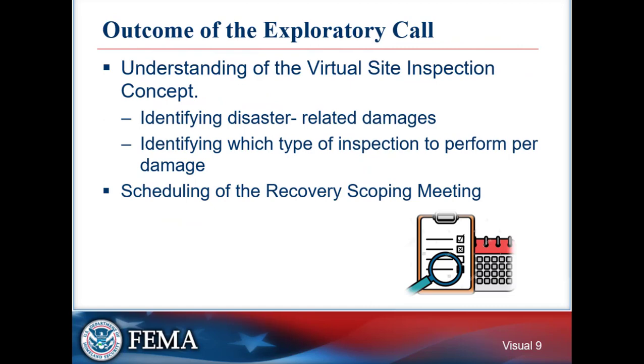And then finally, we're hoping for the outcome of the exploratory call is that there should be an understanding of this whole concept of the virtual site inspection. You just don't have to have anything captured yet. So it's a discussion of and the identification of disaster-related damage, and then the idea of which type of inspections you wish to perform for each damage. So, you can have a list of 20 damages. You might say, all right, these 3 are good candidates for tabletop. These 15 are good for remote, but these 2 need to be physical. And then finally, we're going to schedule the recovery scoping meeting,